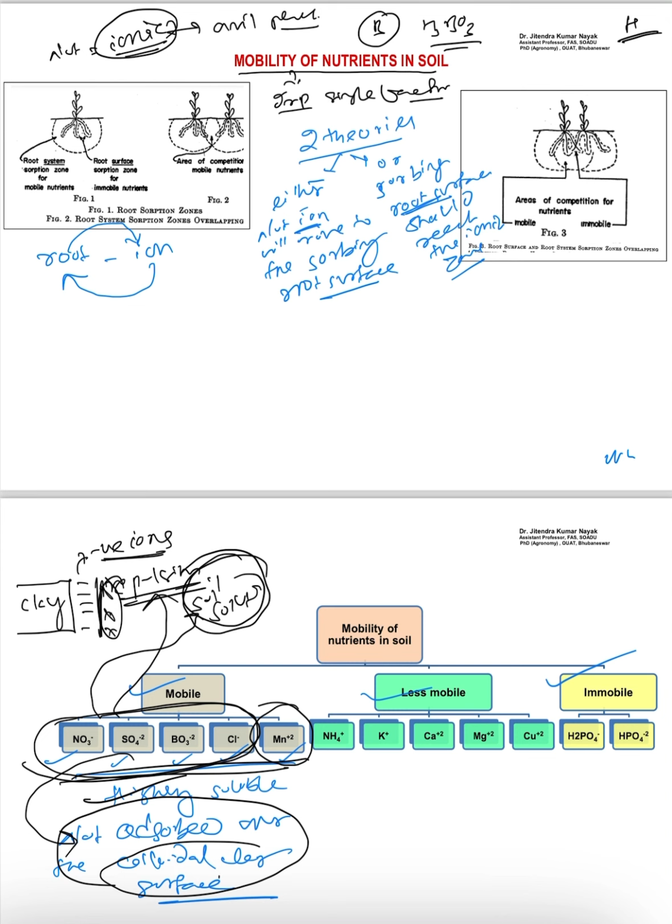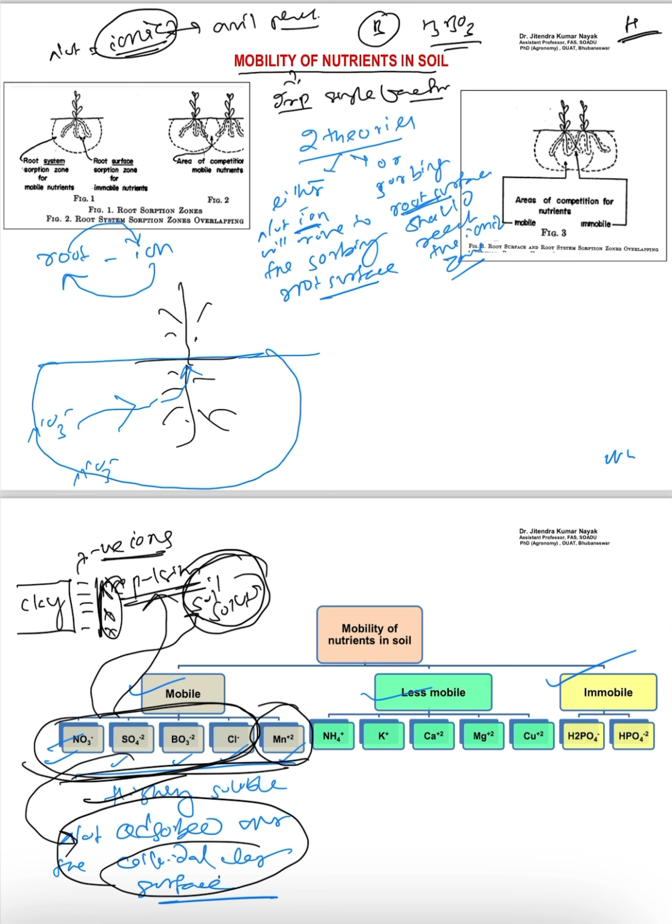So as these are highly soluble and highly mobile in nature, let us say this is a plant and this is the root. Suppose a nitrate ion, NO3 ion, is present here. These ions can move because they are highly mobile in nature. These ions can move to the root surface, to the root area, and become available to the plant. So now, the area from which the ions can move up to the root surface,